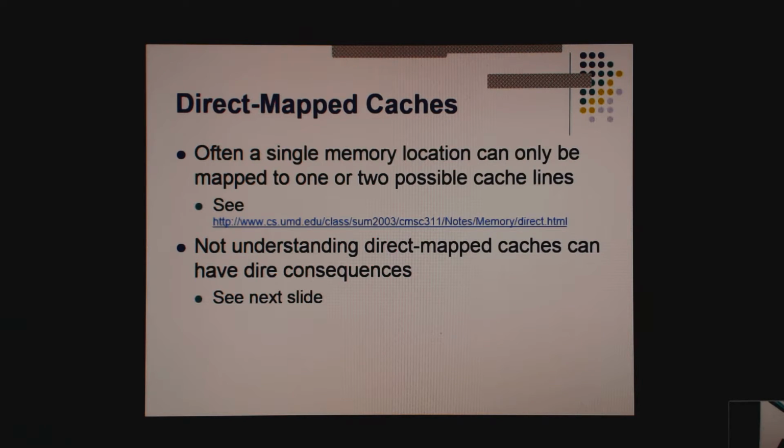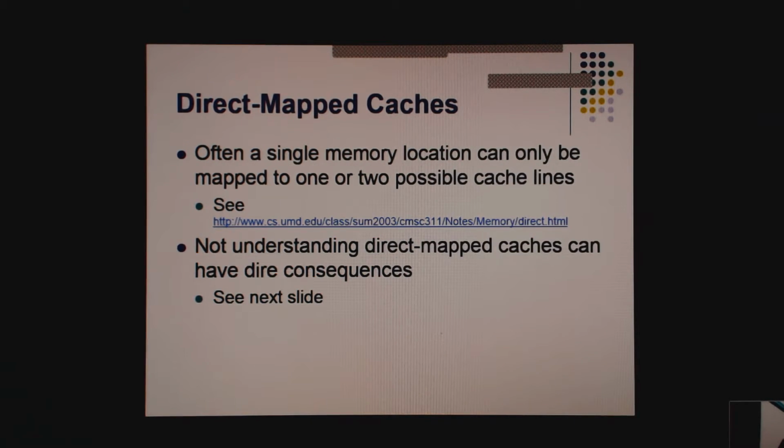Here's another issue with caches that's important in your programming to memory. One thing about caches is they need to be really, really fast. So if there's some complex caching algorithm, it's not going to speed things up, right? So typically, every region of memory can only be mapped to a single cache line, or maybe two.